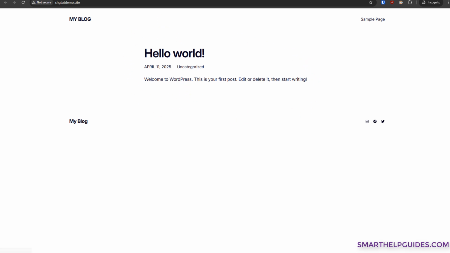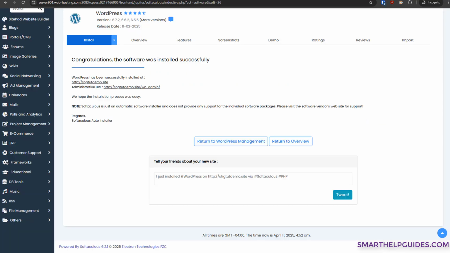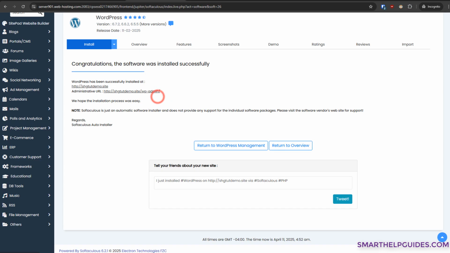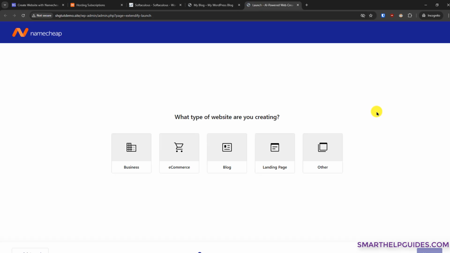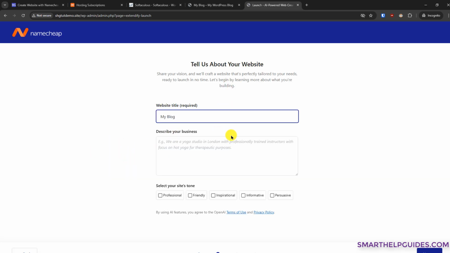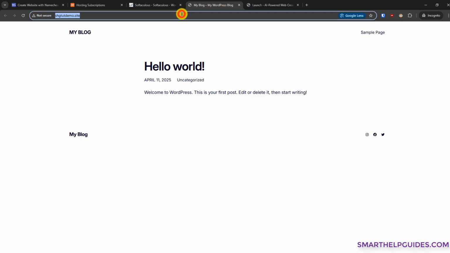Now let's log into the admin area. Let's go back here, and you can see the admin dashboard area of WordPress URL here. Let's open it also in a new tab here. This is a new addition by Namecheap. They have also added a AI sort of option. So if you want, you can explore these options and allow Namecheap AI to create your website. Or if you do not want to use the AI feature of Namecheap, you can go back to our main website. Go here,